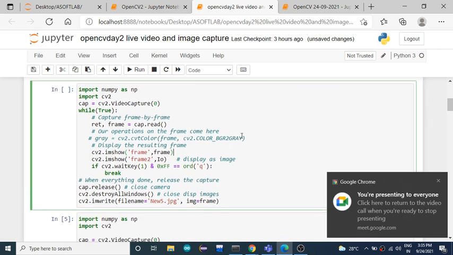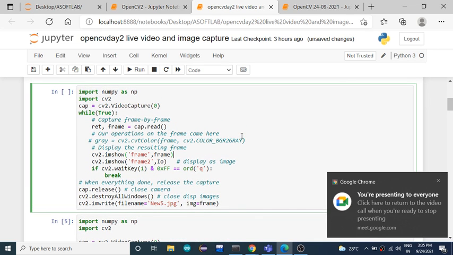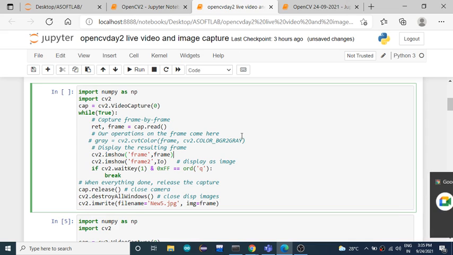This is the code for capturing a frame, capturing an image, capturing a photo by using your webcam. You can capture your own images, store them, and use them for your studies. That will be started by using a method called video capture.